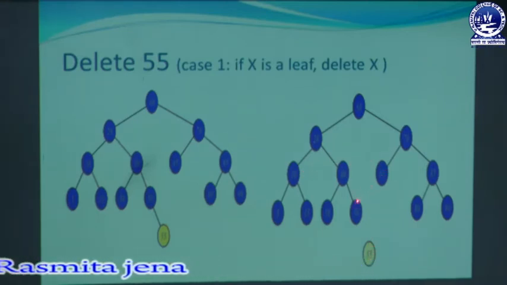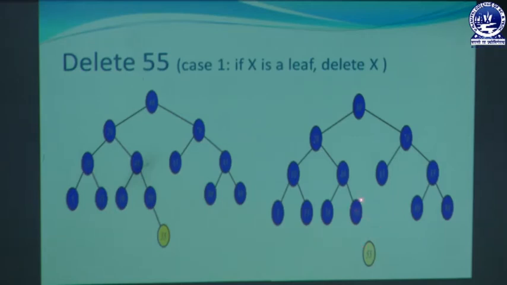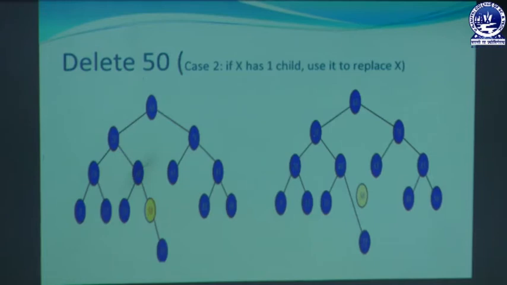If I delete a node which is a leaf node, simply remove that node and calculate the balance factor of each and every node. If it is balanced, then go for the next step. If it is unbalanced, then rebalance the tree by performing different rotation operations. Okay. Then next, see the next case, that is case 2. In case 2, the node has one child, that may be your right child or your left child.